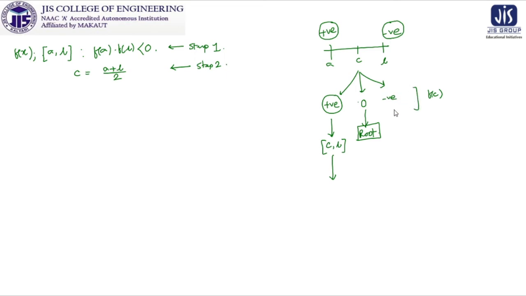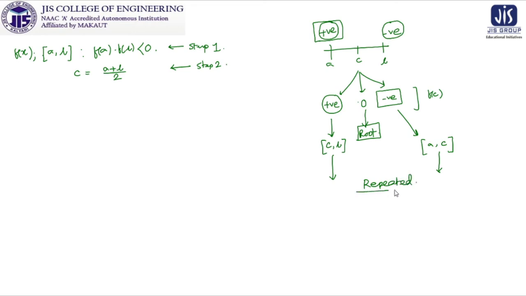In either case, if f(c) is negative and f(a) is positive, then in the next step our choice will be the interval [a, c], because f(a) and f(c) have opposite signs, and we will proceed further,